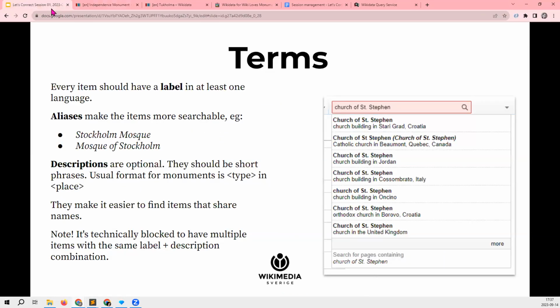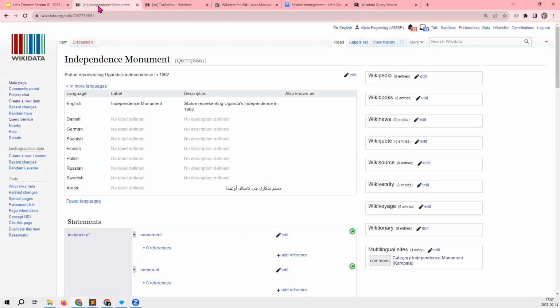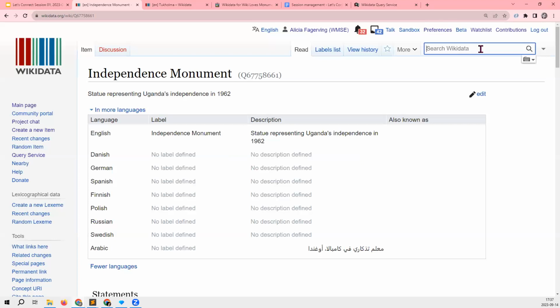Another aspect of the multilinguality is that if you do have labels in many languages, then you can use any of these labels to search on Wikidata.